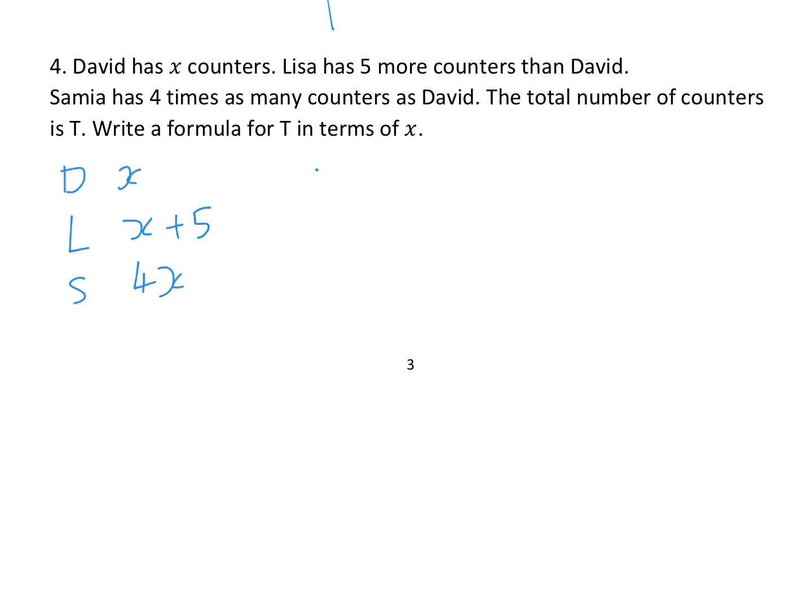Write a formula for T, that means T equals. In terms of X means T is going to be equal to some expression on the right hand side that has X's in it, which is David's plus Lisa's plus Samia's. So we've got to add those 3 expressions together. And that simplifies to give 6X plus